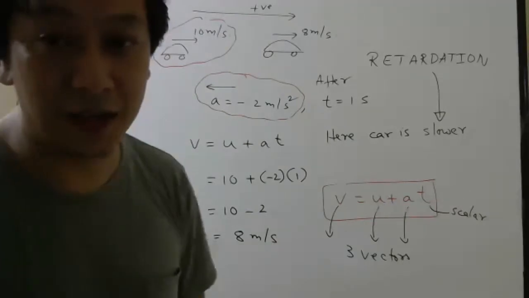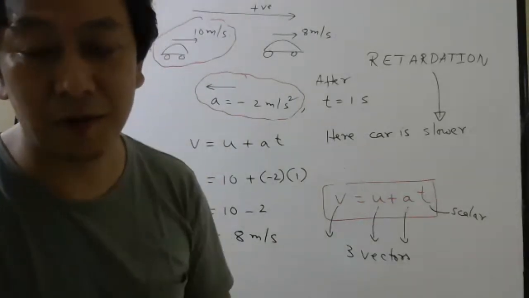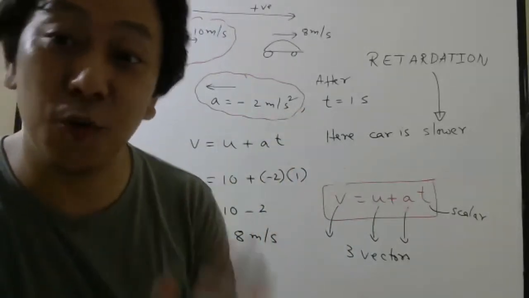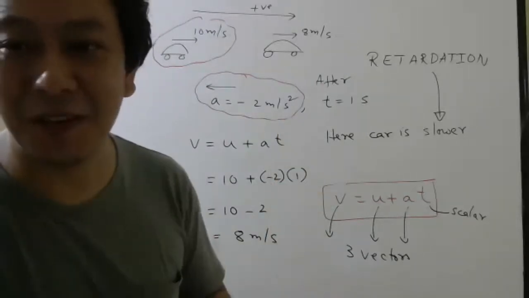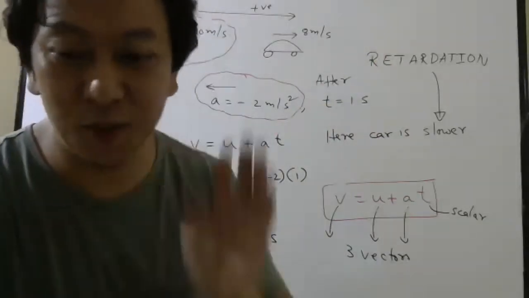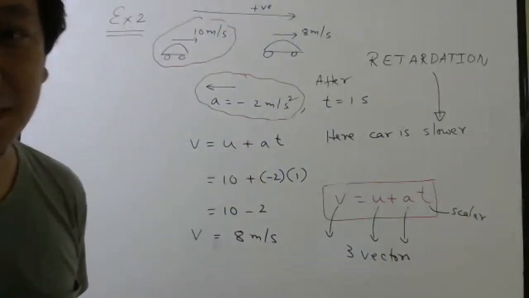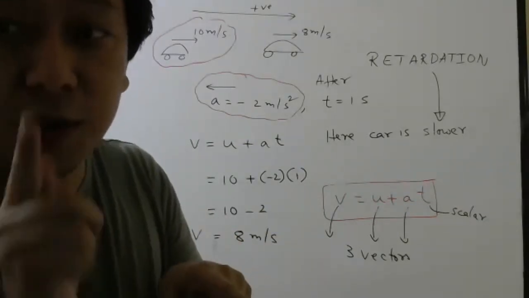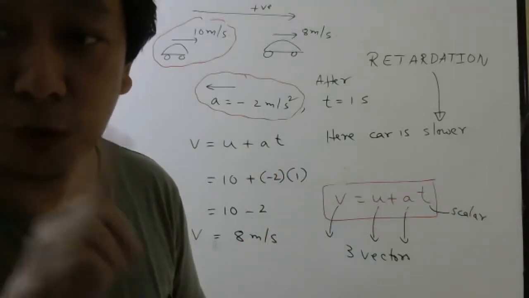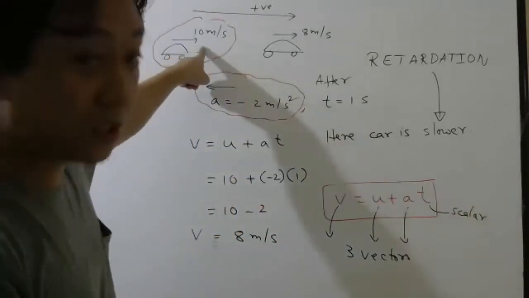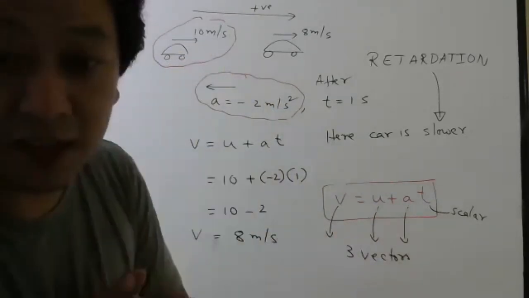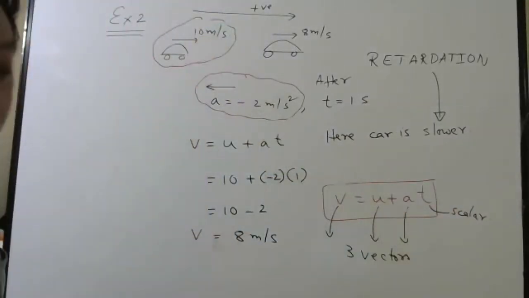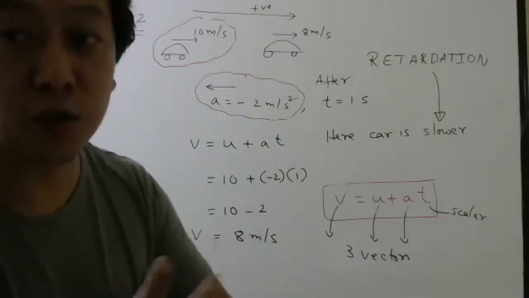Now, there are many people who think negative acceleration always means slowing down. Many people think negative acceleration always means retardation. Let me show you one example now. First, you write this. Done? So retardation means acceleration is opposite to velocity. That's it. So if velocity is positive and acceleration is negative, then it is retardation. It is moving slower. You can check: initial velocity was 10, now it is 8, so it is obviously moving slower.